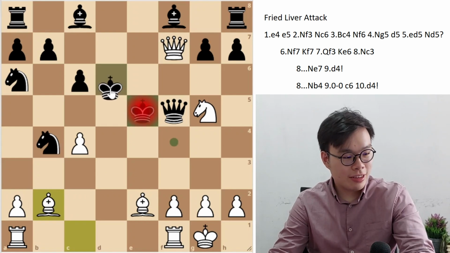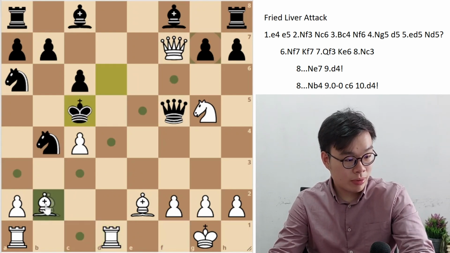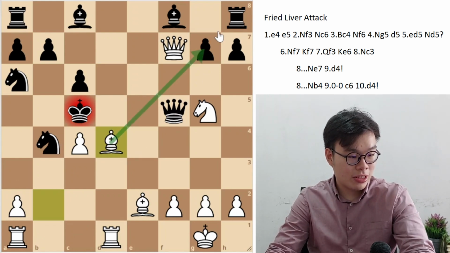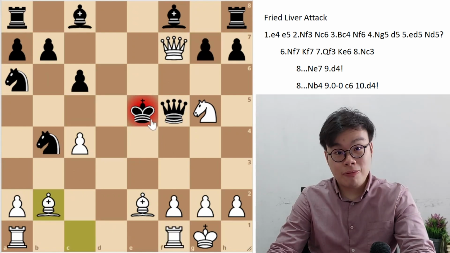For instance, if king d6, we can give another check on d1, and if king c5, then bishop d4 check. And on the next move, some sort of nasty discovered check is going to come. For instance, king d6, bishop takes g7 looks pretty convincing. Or if black tries to go to